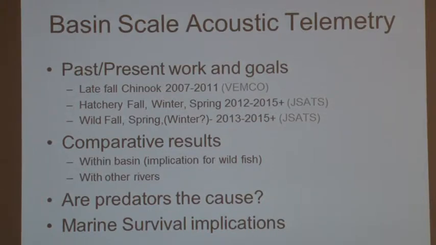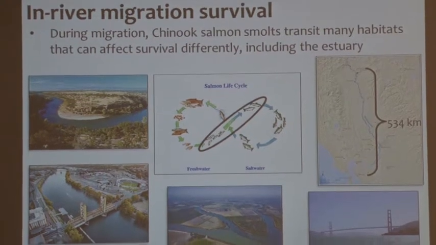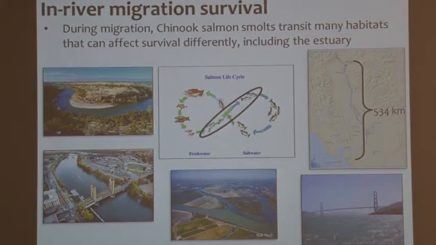I think we found a lot of surprises, like it tends to happen when you actually go out and do the study. So this just shows some of the different habitats ranging from the upper basin here, which is a relatively, there's a laser on here somewhere. There, yeah. The upper river, which is a beautiful environment for natural channels, looks somewhat pristine when you're floating down in a boat, until you get into the lower river, which is a much more channelized and modified environment, and then to the Delta, where you've seen a lot about that today. And then out into the bay and the ocean, which once again looks more like a hospitable and natural environment. And this shows the familiar salmon life cycle.